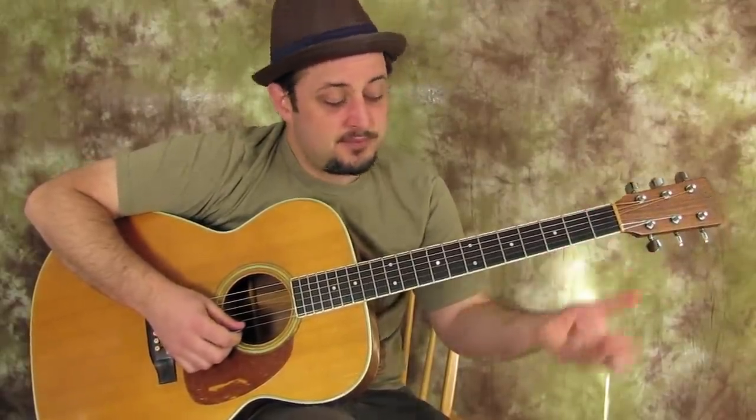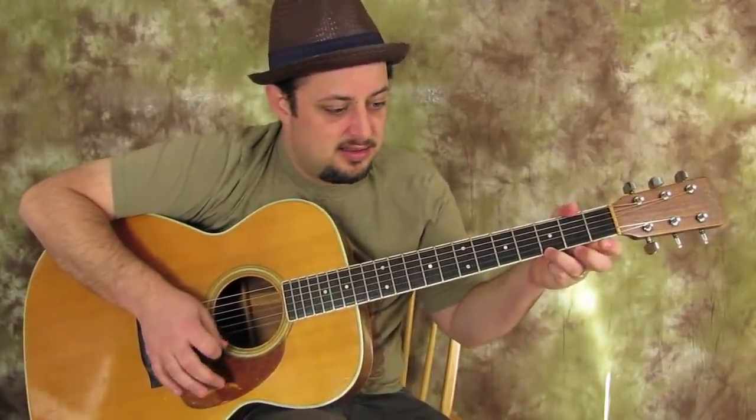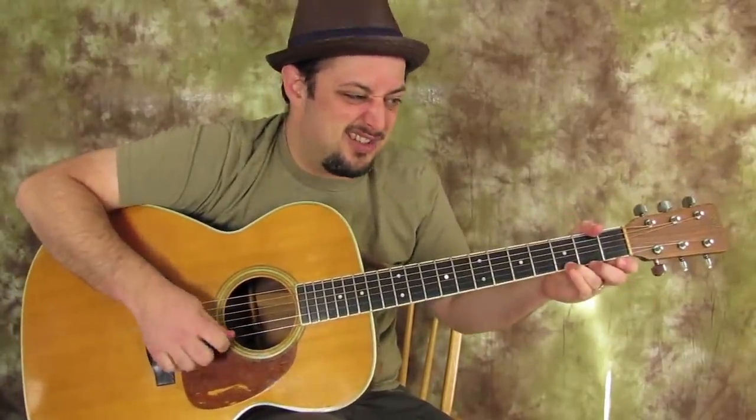Here's the next lick that I want to show you. We're going to use our ring finger on the 3rd fret of the high E, and we're going to hit it 3 times. Now you can see I'm kind of nudging it a little bit. It gives it a little character, but I'm not bending it out of tune. It's not that, it's just a...